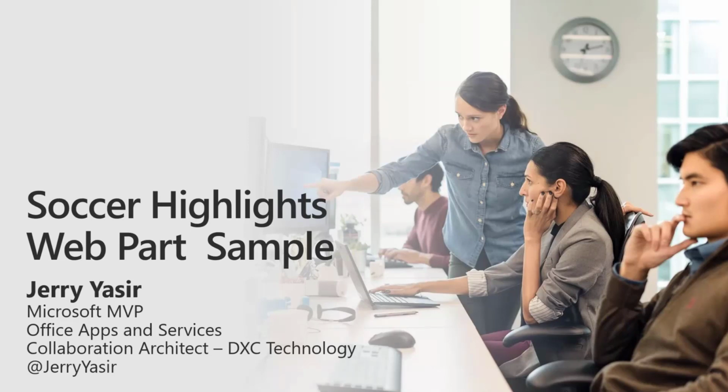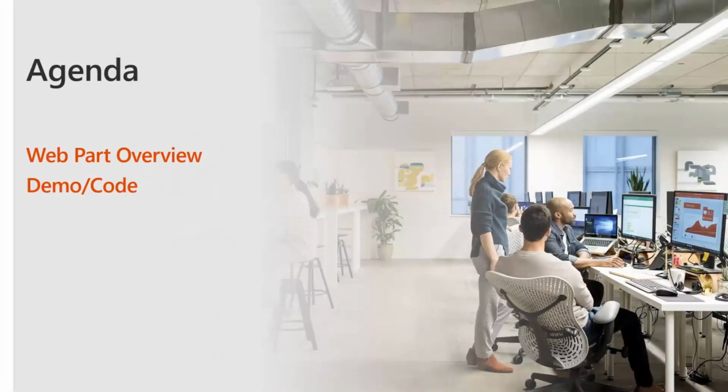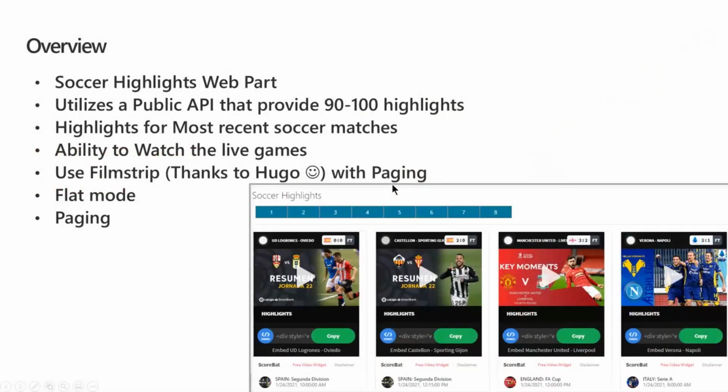This API provides basic information about everything that's happening in the football world right now. And you can simply call that API directly inside the web part. The result is JSON, so you can just utilize it in your code. So as an overview, just like I said, this web part is a very basic example of how we can call an external API into an SPFx web part. Nothing new. If you're learning SPFx as a starter, the first thing you'll do is use a fetch API. So you will see how you can call something from a URL and then display it on the screen.